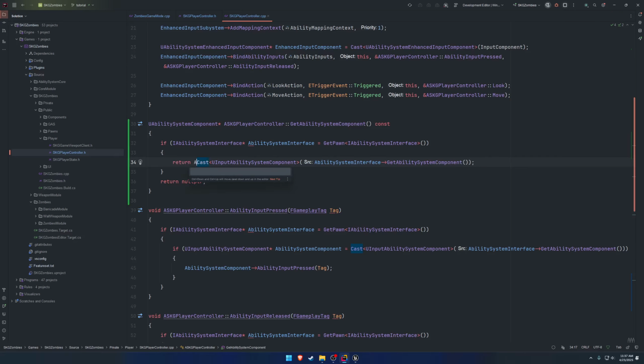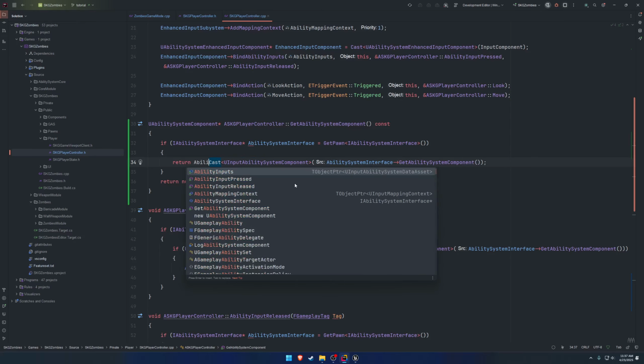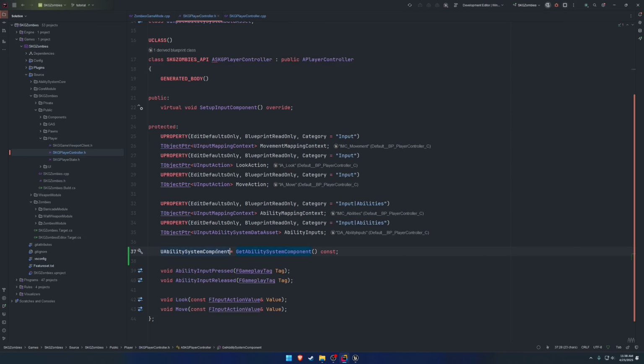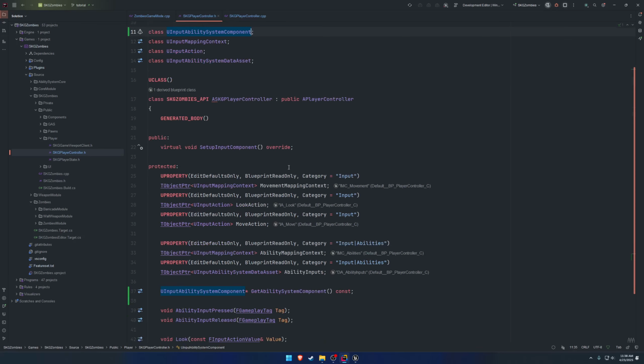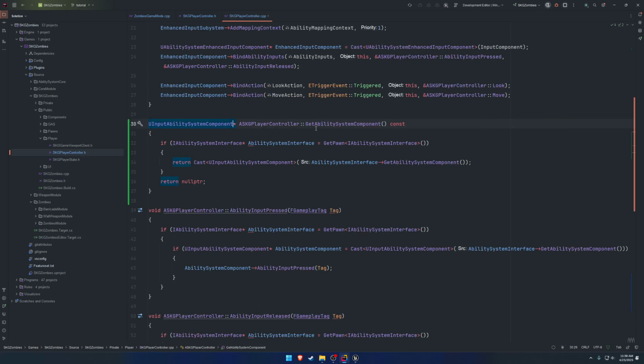So return. Oh, wait, why am I typing that? So we want to return the input ability system component like so. However, because we are using the input ability system component in the other two places, I'm going to make this return the U input ability system component instead. So let's change the return and the forward declare. So now it returns the U input ability system component like so,